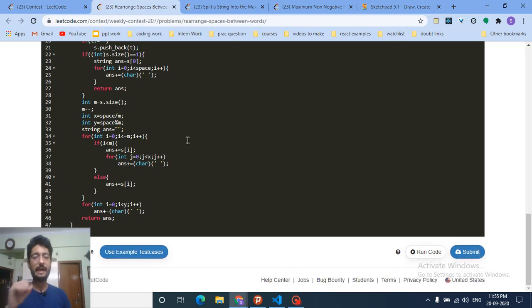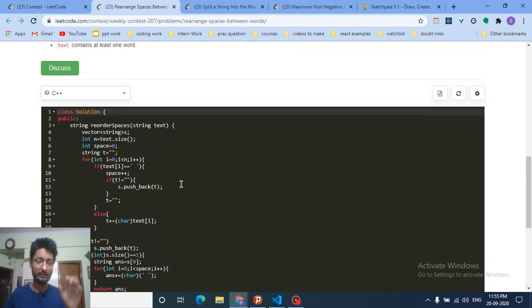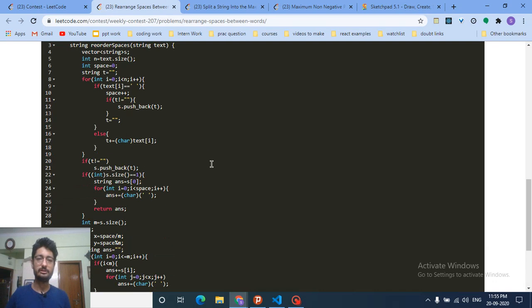Iterate over all the m words, and then you will check that okay, I have to first insert one word, and then the spaces, then the word, spaces, and in the end there is only one word. When it is less than m, we have to insert a word and spaces, but for the last we have to just insert a word. Then we will form the complete word and the spaces, and then we have to append the extra spaces. So extra spaces is y, so then append the extra spaces at the end, and that's the answer. So that's a little bit long code, but this is the simplest explanation for the first code.